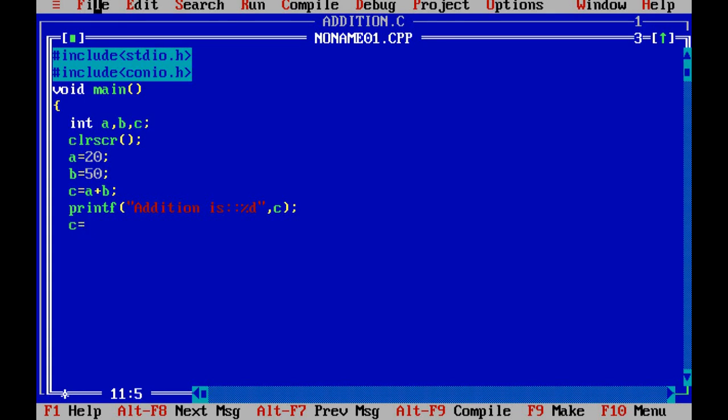And after that I want to perform the subtraction of both numbers, A minus B, then give the printf statement \n.